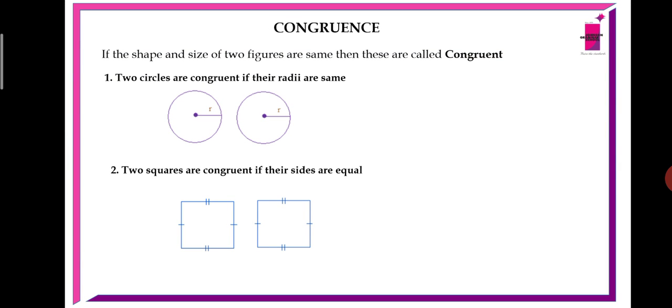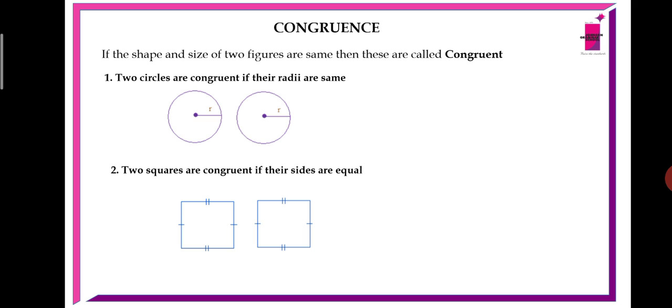So now the topic is congruency. What is meant by congruence actually? If the shape and size of two figures are the same, then they are called congruent. You can see examples in the wings of a fan. All three wings are of equal shape and equal size, or pages in your notebook or textbook. All are equal in size and those are all congruent figures. Like the same size of bangles, or a pair of socks. So congruent means the shape and size of two figures are the same.